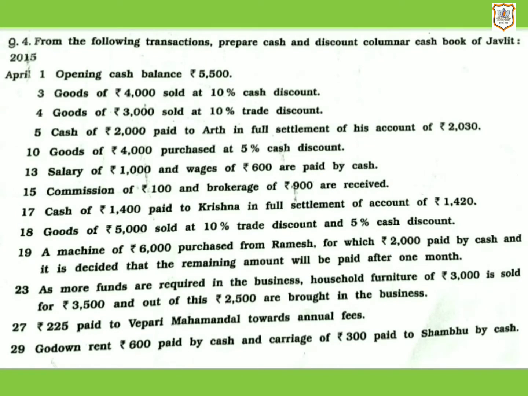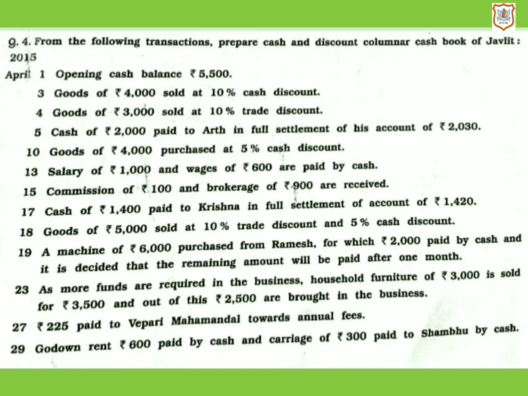Today we are going to learn to prepare two columnar cash book. Two columnar cash book or double column cash book is a cash book which has two columns of amounts on each side of the cash book. One to record cash transactions and another to record discount allowed and discount received. In double column cash book, transactions of cash receipts and cash payments are recorded along with the cash discount allowed